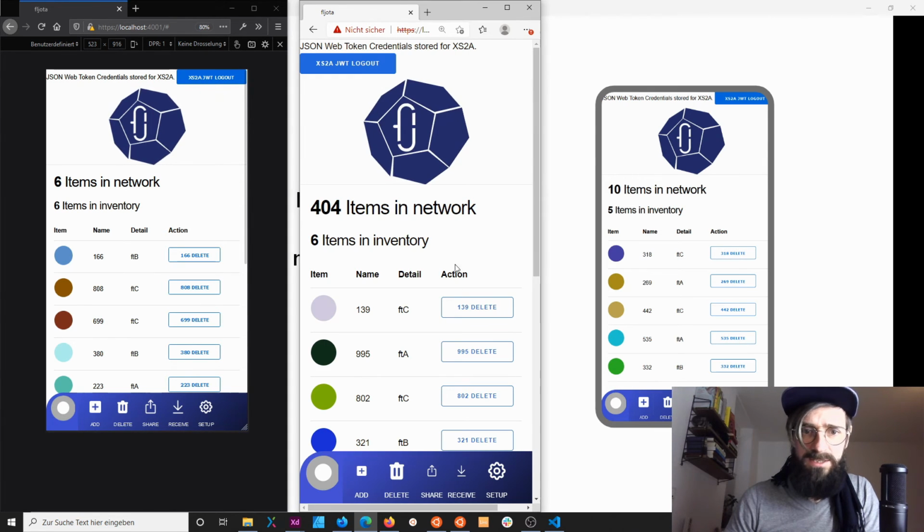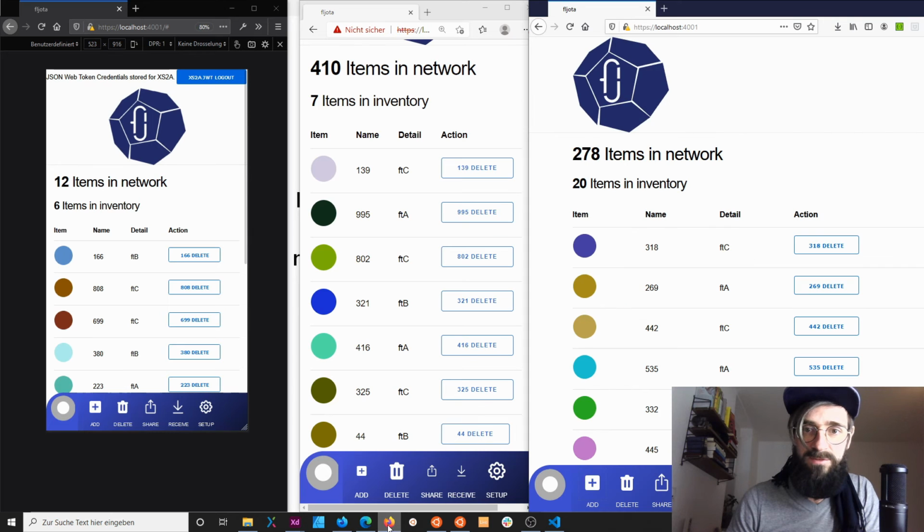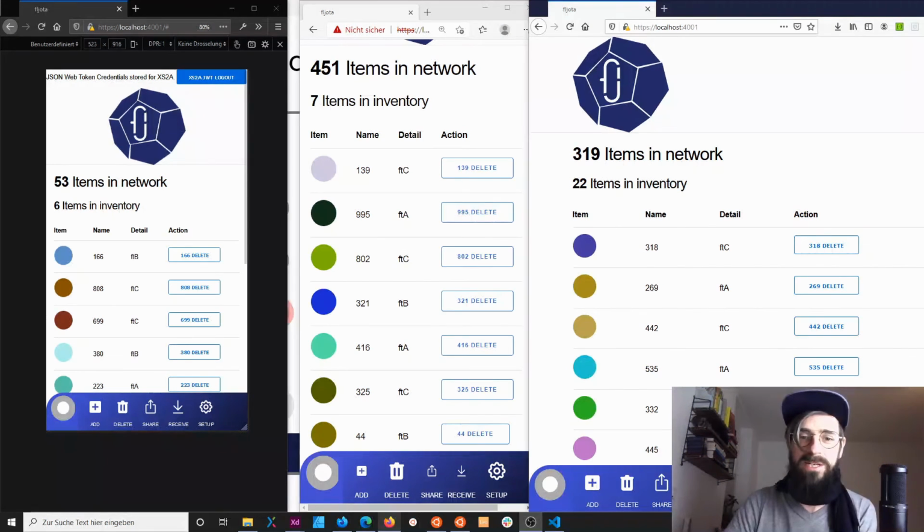To have it clear, when another person connects, you can interact directly with the other person. So if I add another item, it is directly seen here in the first device, and even if I use multiple sharing partners, I can add a device here, and you will see that all the browsers are interconnected. Three weeks in a hackathon are not enough to complete all the demos, but after that